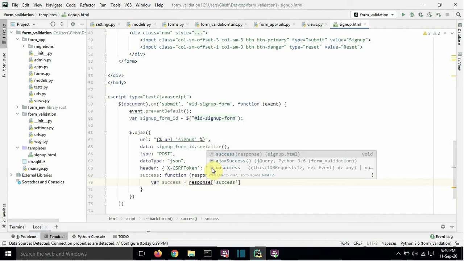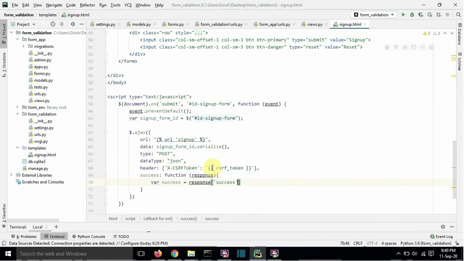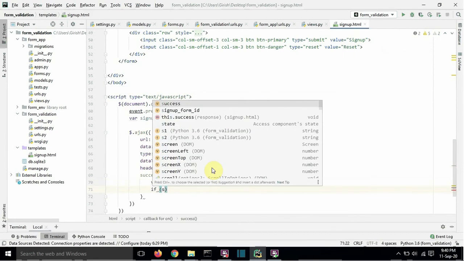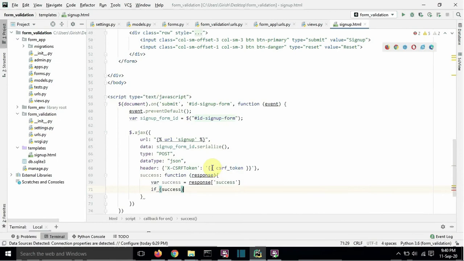This will give value of success variable written by Django view. If success, that is if success is true, we will show an alert message.